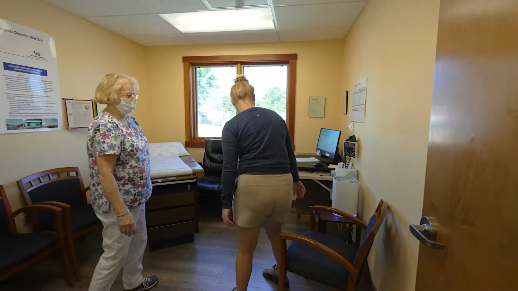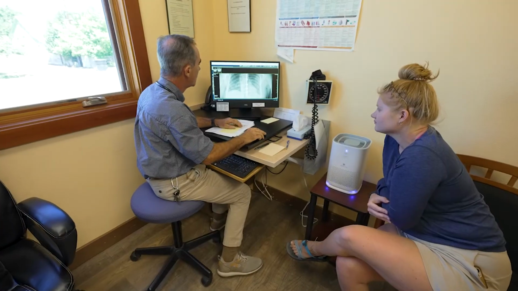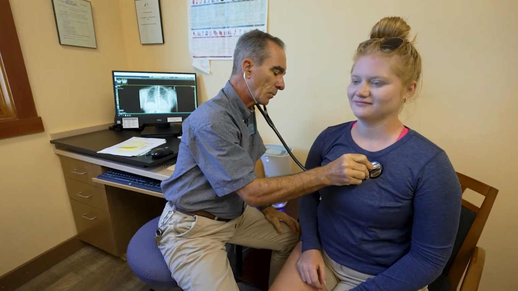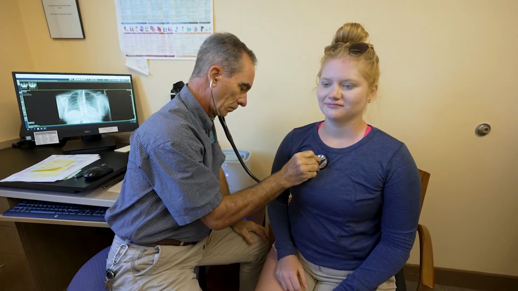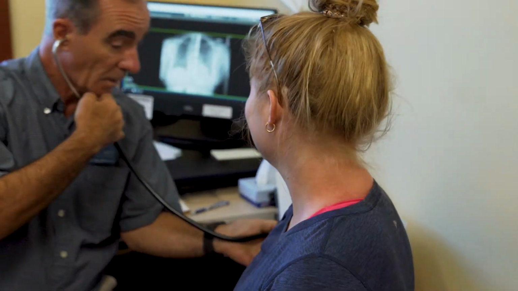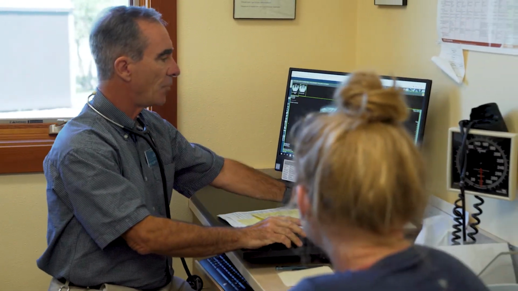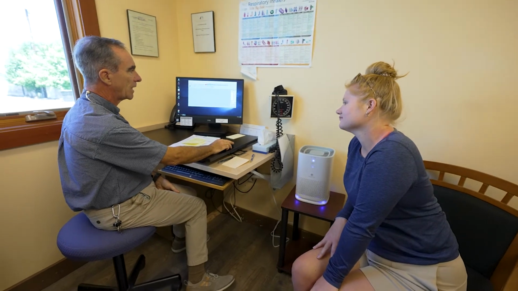The nurse comes in and does the vitals and makes sure all your medications are listed. The provider will also go over the chest x-ray and spirometry test results with you, do any physical exam that might be needed, and then make a disposition about what needs to happen next. It may be determined that you don't have asbestos-related disease at that point, and then the provider will determine when to have you come back for a rescreening.